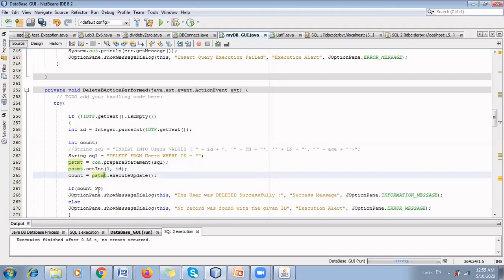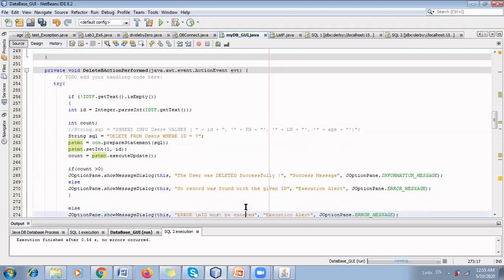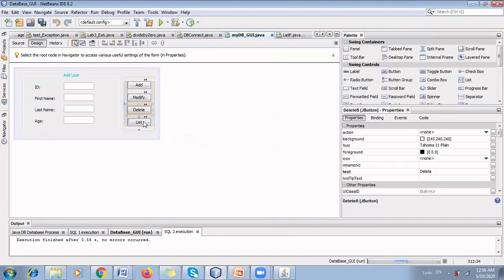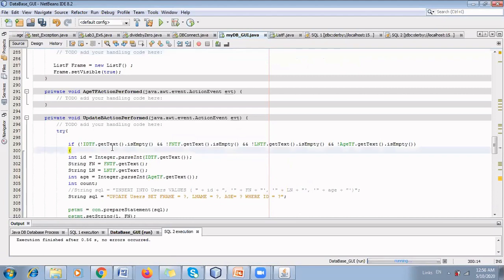Now if count is greater than 0, then one item was deleted. The user was deleted successfully. Else the user was not found. So we still have list. Good. Now this is a new thing. Now this is different from what we did. So what I need to do in list,